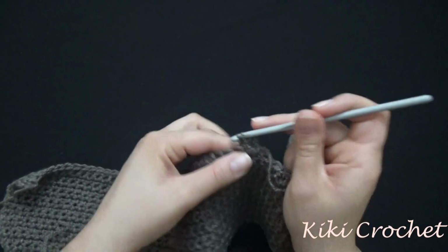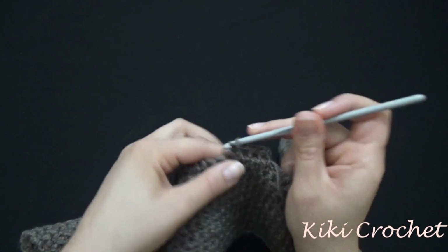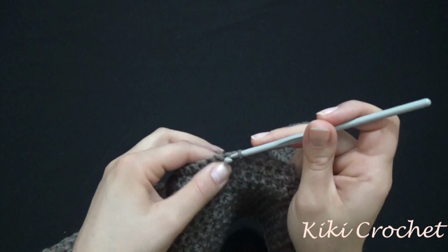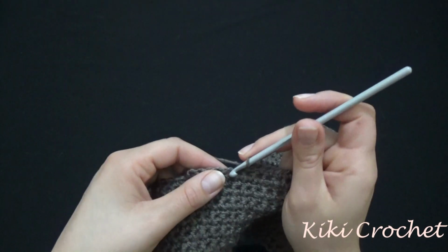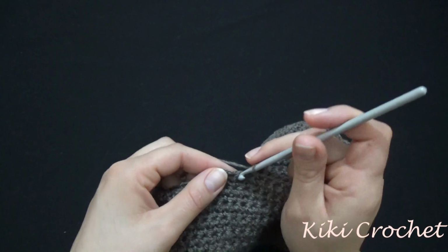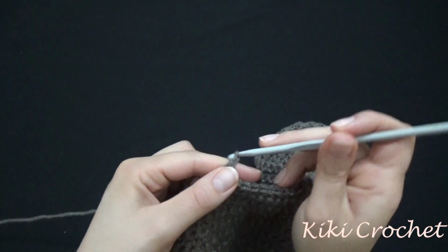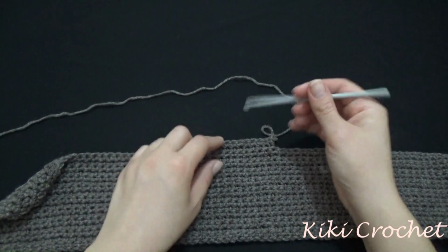1, 2, 3, 4, 5, 6, 7, 8, 9, 10, 11, 12, 13. Chain 1, turn your work, and keep crocheting 13 single crochet up until the length of the sole is